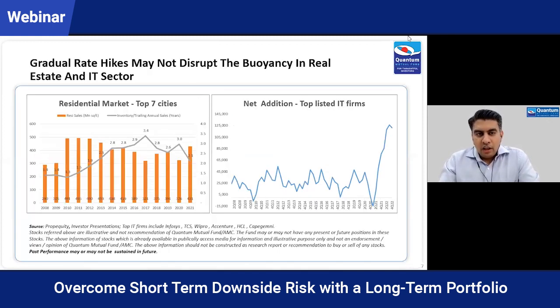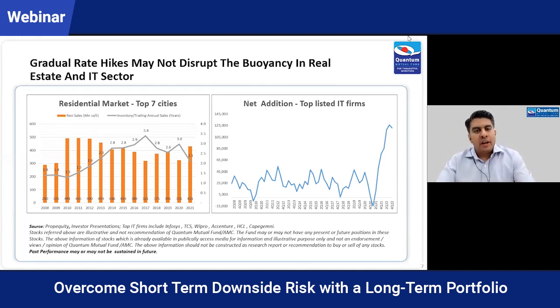And given that the impact of inflation on India is lesser, the rate hikes also may not be as high as what we may see in developed markets. They are at the zero bound. They are starting to increase rates. Inflation pressures are more there versus India. And therefore, the central banks there will have to do much more than what India will have to do.